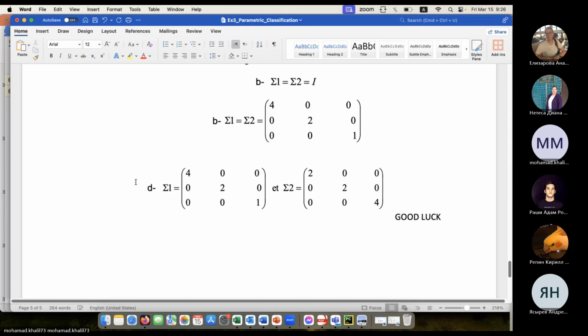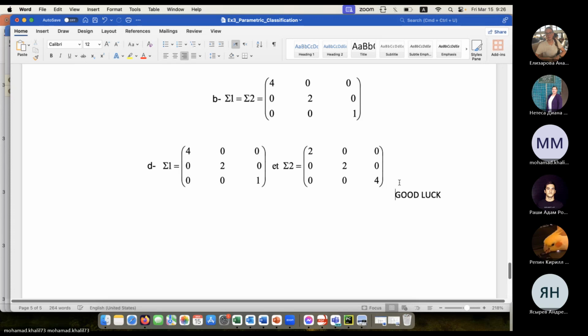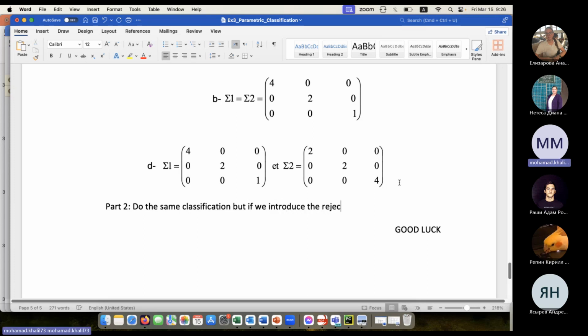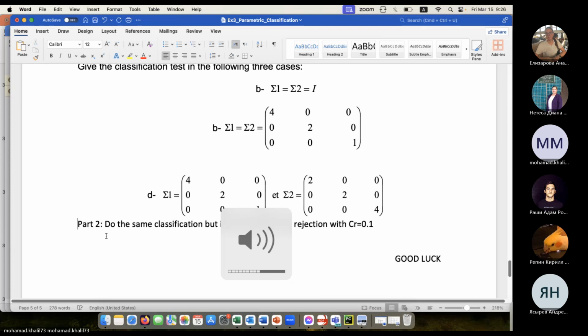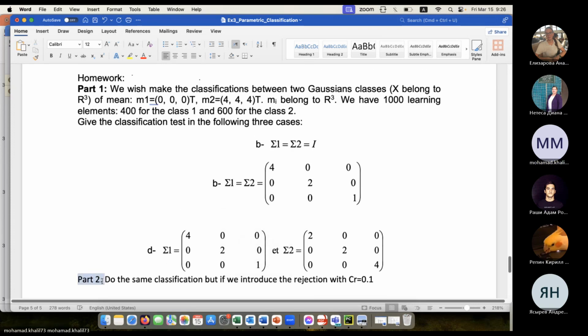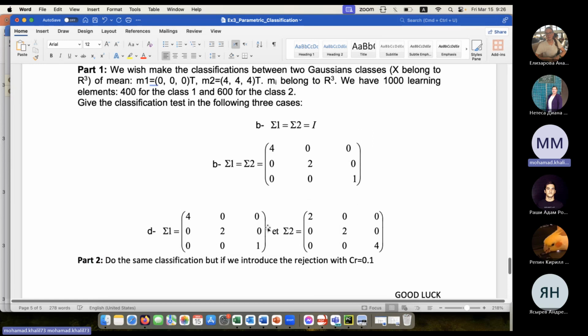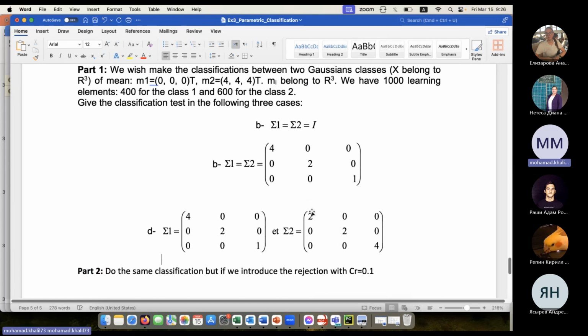Part 2, do the same classification, but if we introduce the rejection with CR equal 0.1. You have to do the same thing, okay? The same as part 1. Exactly the same calculation, but